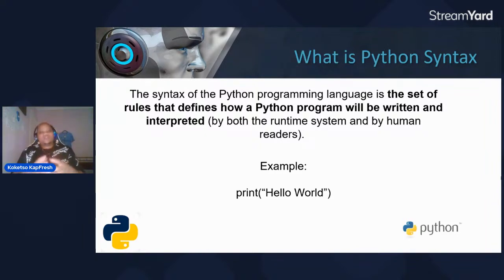If you are familiar with Java or C++, you will know that those two have different syntaxes, as well as Python. For a simple example, if I just want to print a simple hello world, the syntax would just be using print and hello world. The word print is a built-in function in Python that we use just to display things.